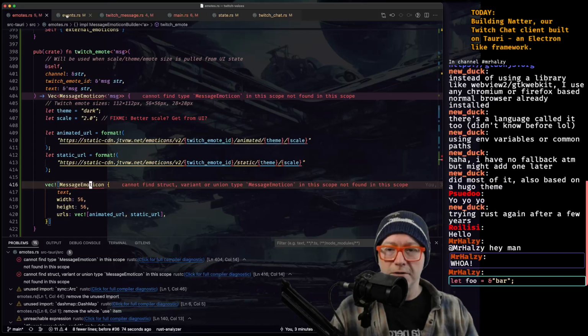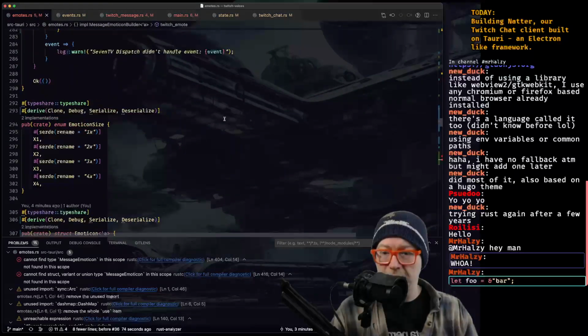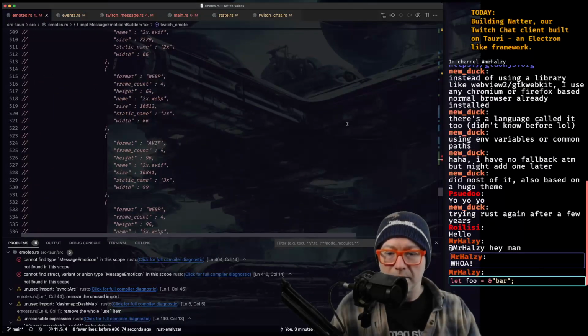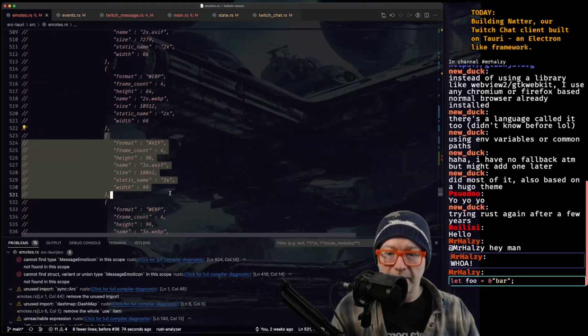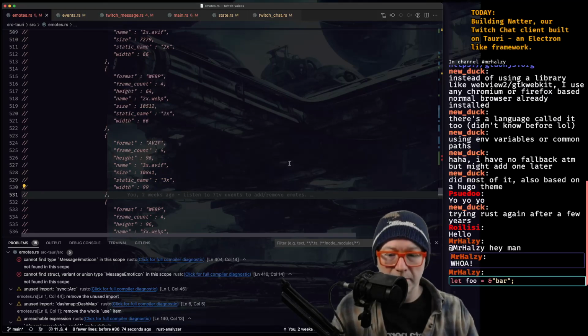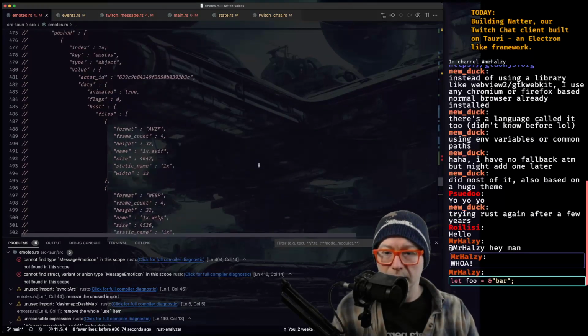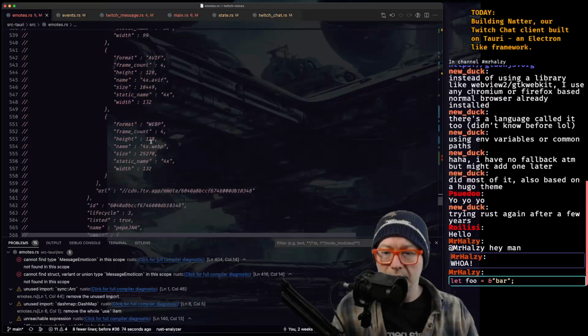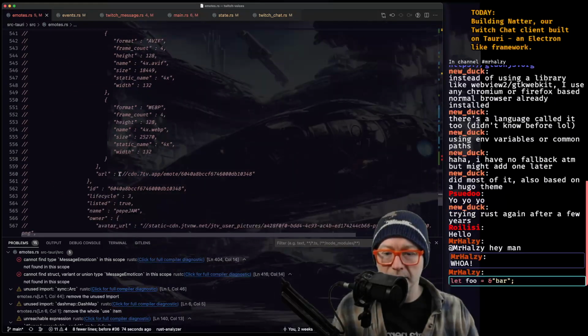Okay. So what do emotes look like? The ones that we get back. They look like this. Blobs of data. And I thought they had a template URL.